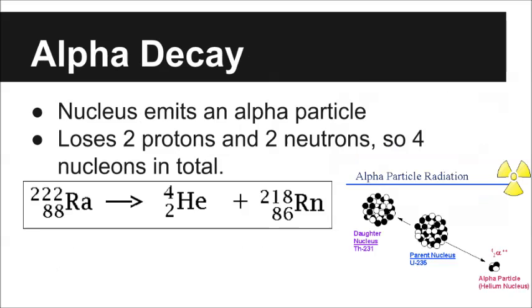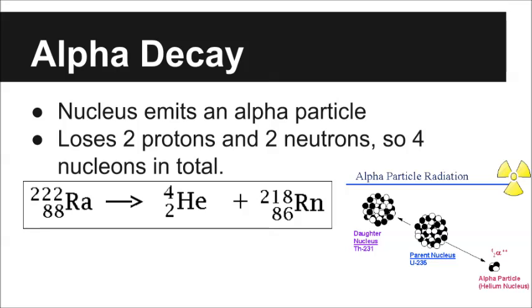So next we're going to talk about alpha decay. Alpha decay is when a nucleus emits an alpha particle, as you might guess. So in alpha decay, the nucleus will get rid of two protons and two neutrons. So in total, 4 nucleons will be lost. So in our example, we have